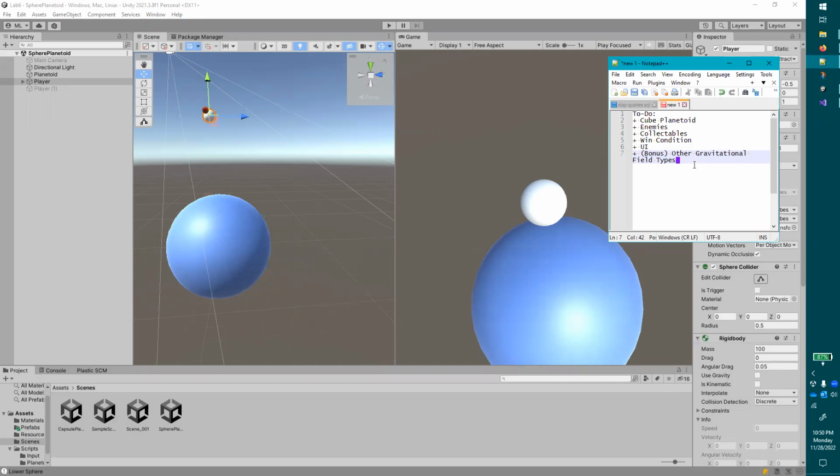On our to-do list, the next type of planetoid that we're thinking of making is the cube planetoid, which we are already in the process of developing right now. We're going to make some simple enemies and collectibles and a win condition to make our game feel more like a game, give it some game conditions to it. We're going to go through some UI, and then time permitting, one of the bonus things that we want to add